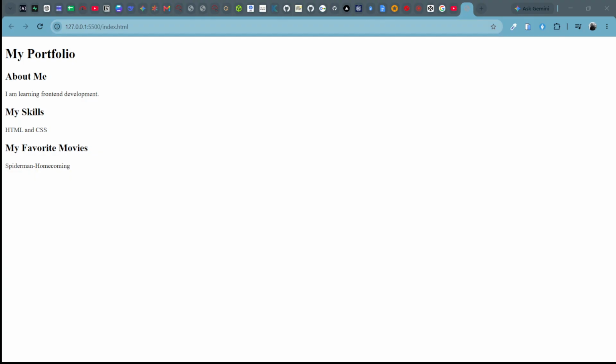That is the core thing that HTML does. It describes how the web page content is organized. So moving on, what are the common